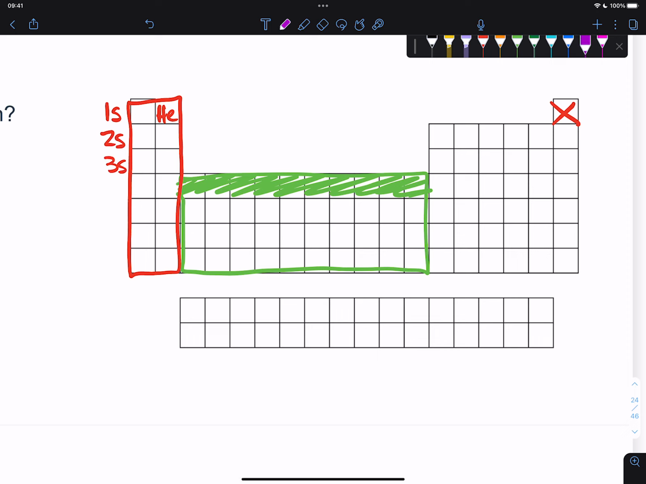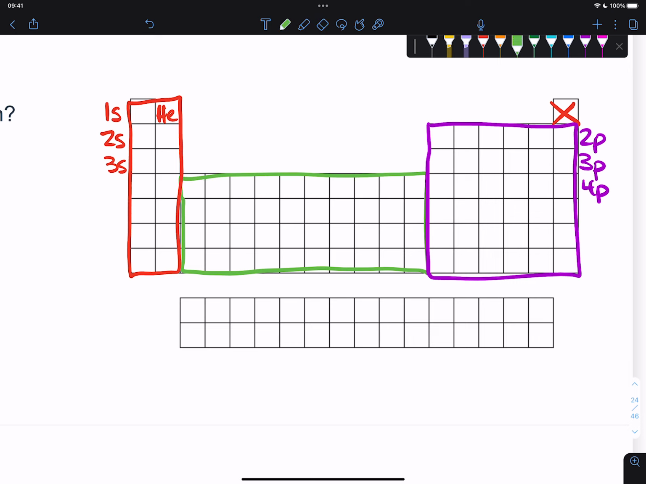The P block is over here, and the P block starts with 2. So you have 2p, and then 3p, and then 4p, and all the way down. We already have the D block here. The D block starts with 3. So the D block is 3D all the way across, and then you have 4D all the way across, and